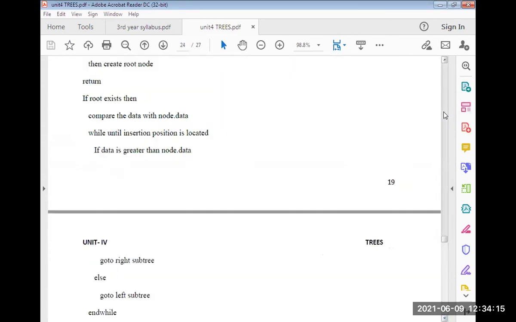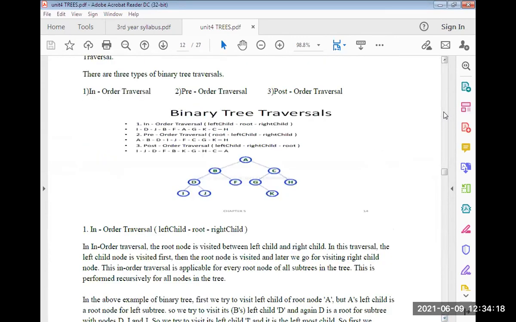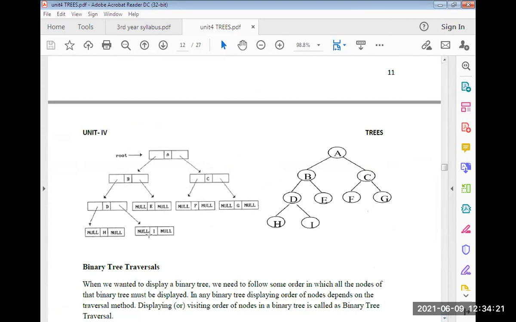Okay, so generally what threaded binary tree means: this is our binary tree represented in a linked list. See here, in this left part we store the address of B, and in the right link we store the address of C. But see here, I am explaining what is threaded binary. Here we are placing null. So these blocks of memory are wasted.